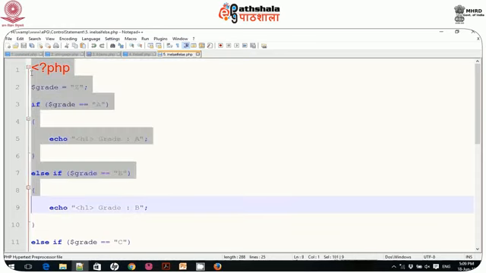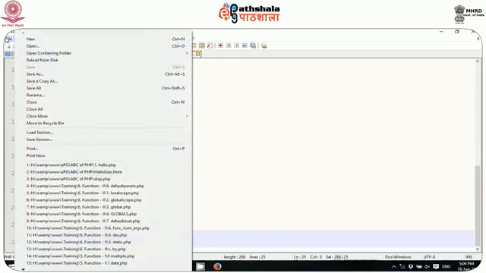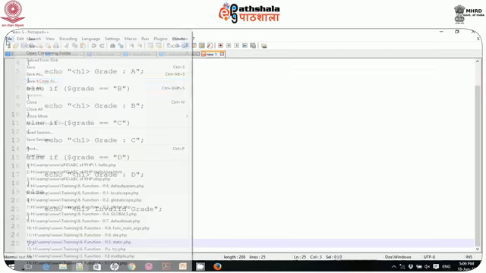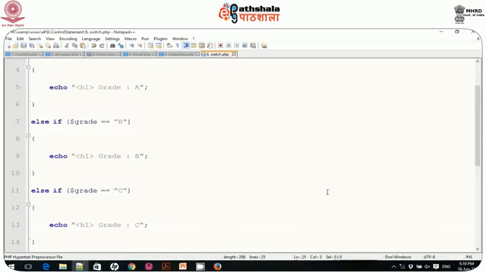I just copy and paste that code to demonstrate the switch case. So let me create a new file, copy this one, and save it as 6 number switch.php.